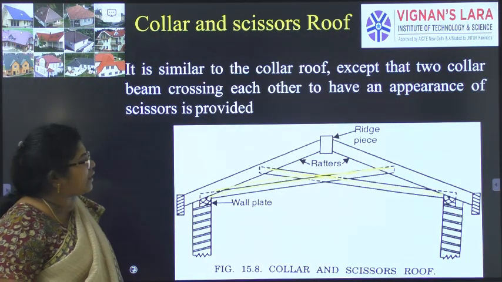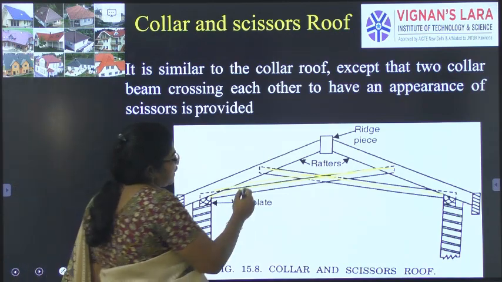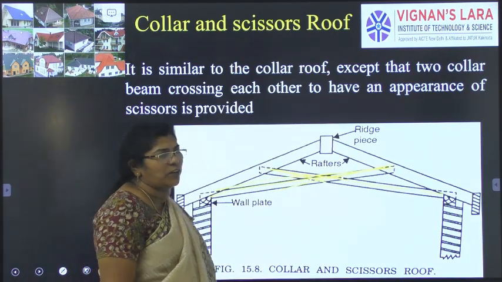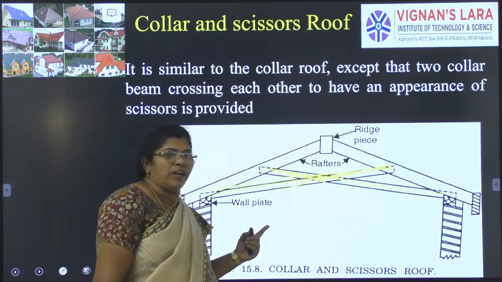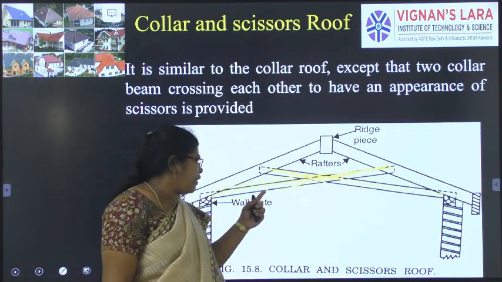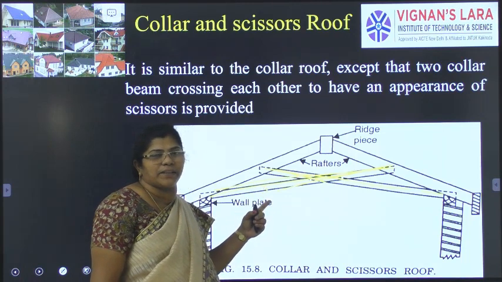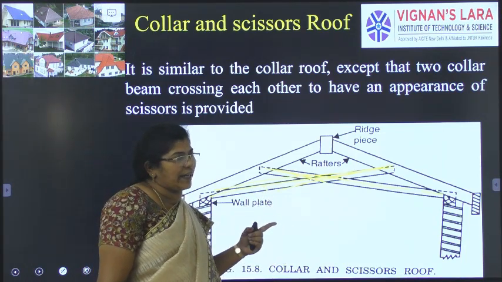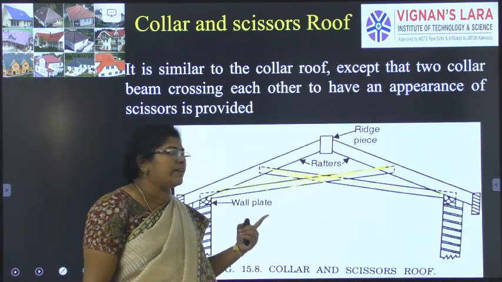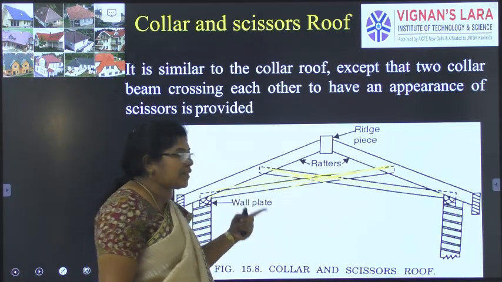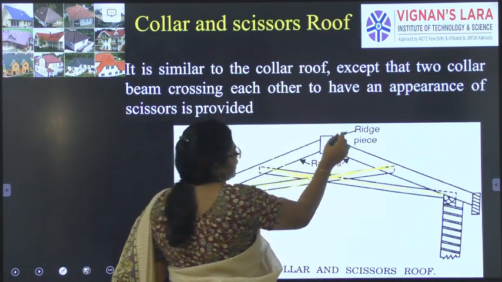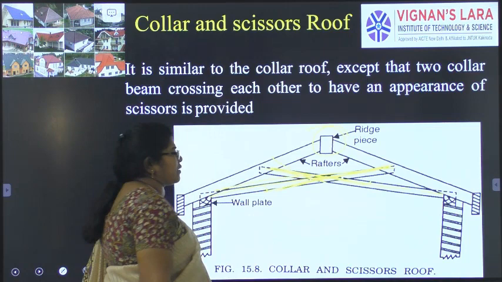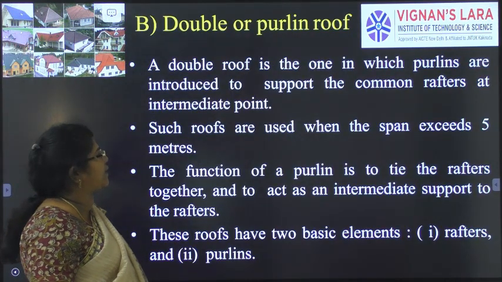And also the collar scissors roof. I told you there are two members that are crossed like this. It will be kept so that it will be good in weathering conditions. If one part is acting as a compression member, the next one will act as a tension member. So if there is any movement due to the weathering conditions, this prevents the rafters from cracking or the ridge from moving its position. So this one will move and this one will be cracked, so that it gives additional support.